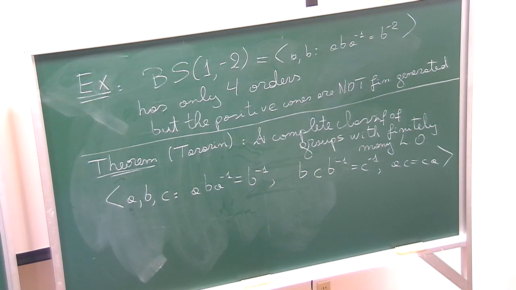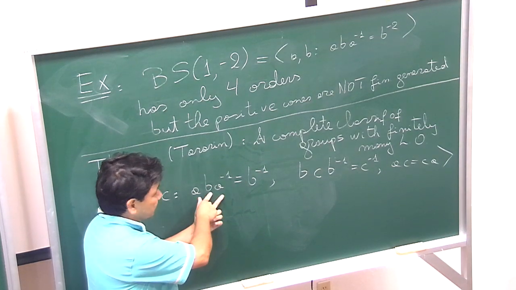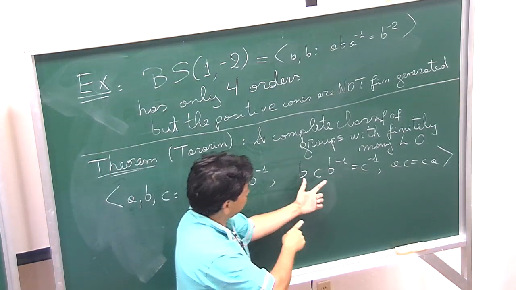And you can check that this group has 8 left orders. So you have all the decomposition, A, B, C, A, B inverse, C inverse, whatever you like. Okay? And here is the point, that A is reversing the orientation of B, and B is reversing the